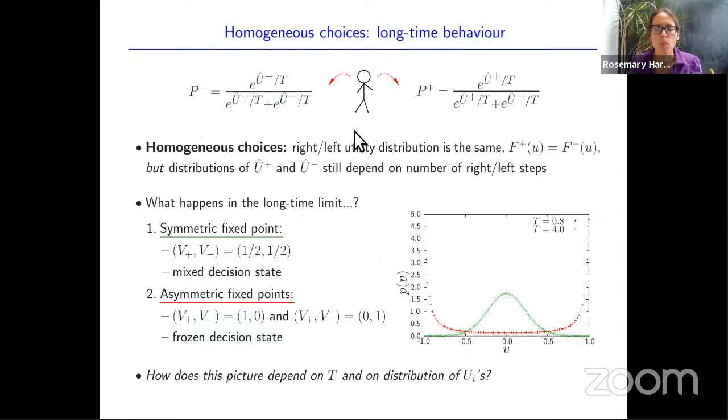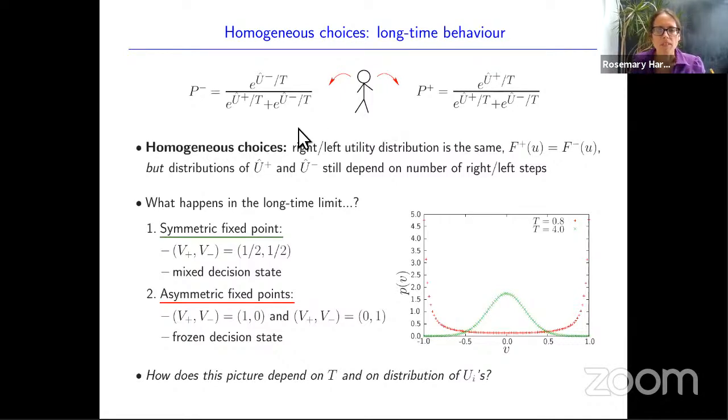So let's just look at that a little bit more closely. Here it is again at the top. And let's see that it makes sense. If capital T is very big, if the noise is very big, then both these probabilities are approximately a half. In other words, there's really no memory in the process. It's just a random walker, somebody making random decisions. On the other hand, if the noise is small and positive, then there's a bias in the direction of whichever is bigger, U hat minus or U hat plus. So you tend to go in the direction where you remember, in this distorted way, having the best experience.